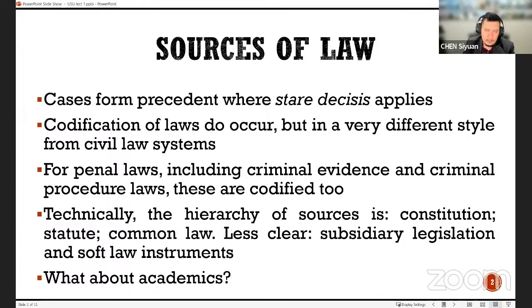And it's not just England. Sometimes we also refer to Australian cases or Indian cases, because for our criminal laws, whether it's the Penal Code or the Criminal Procedure Code, we took that from India. To be even more specific, the English gave the laws to the Indian states, and then we took it from the Indian states. But more broadly, we try to interpret our laws in a way that is more suitable to our own context, especially when it comes to public law such as criminal law or criminal procedural law.